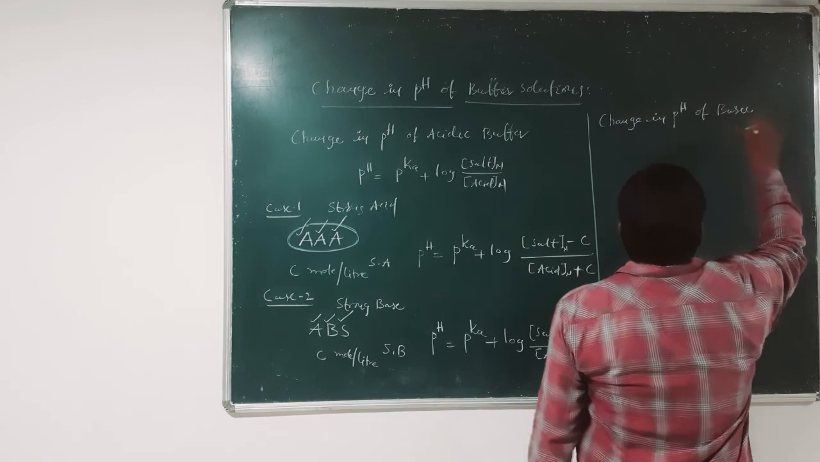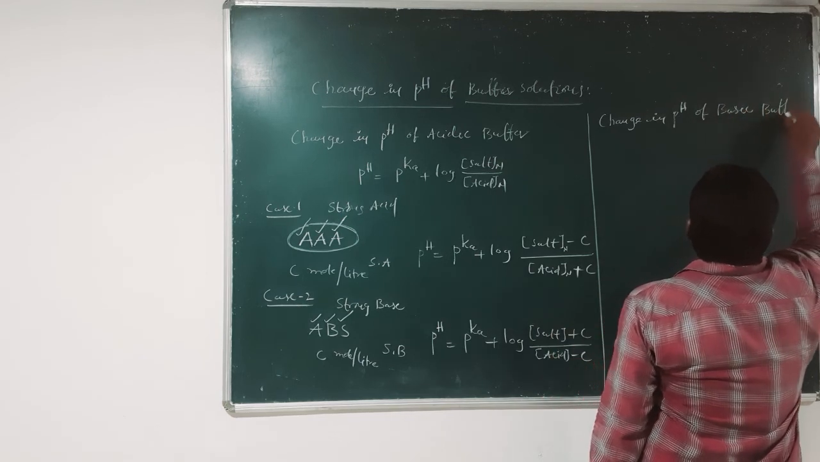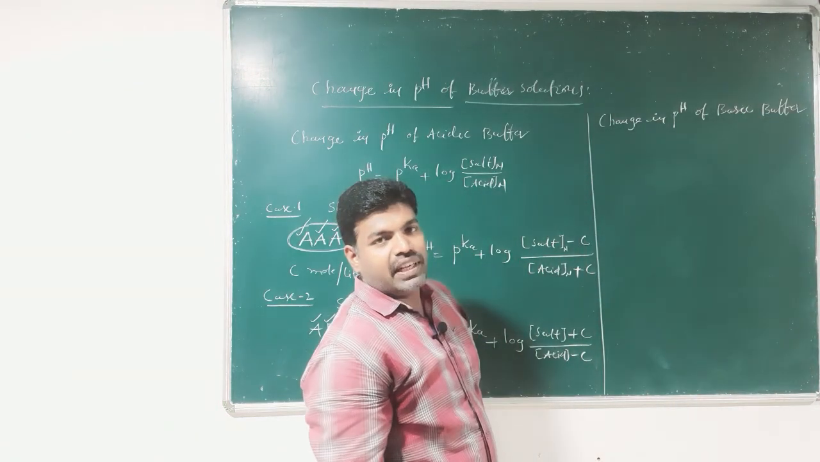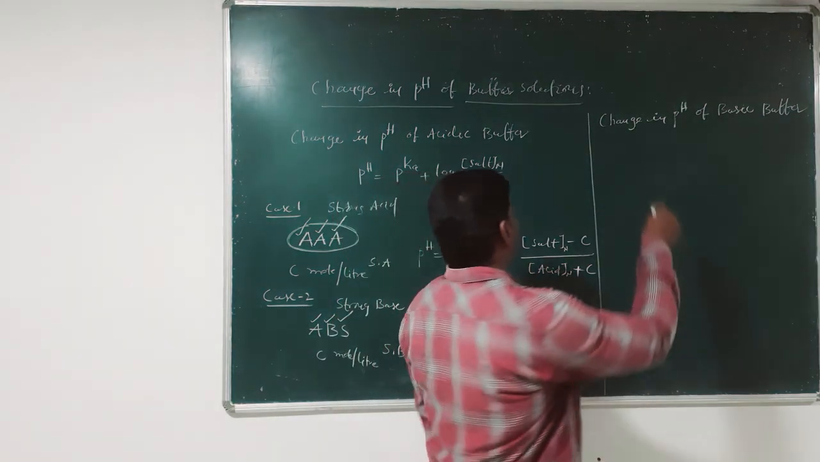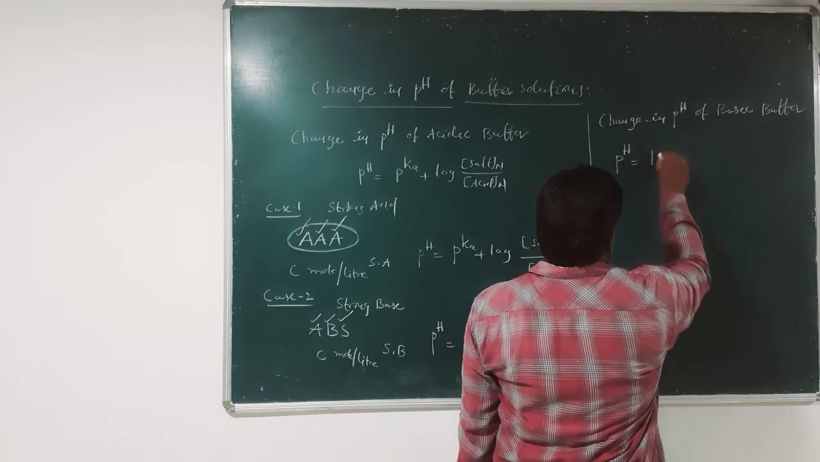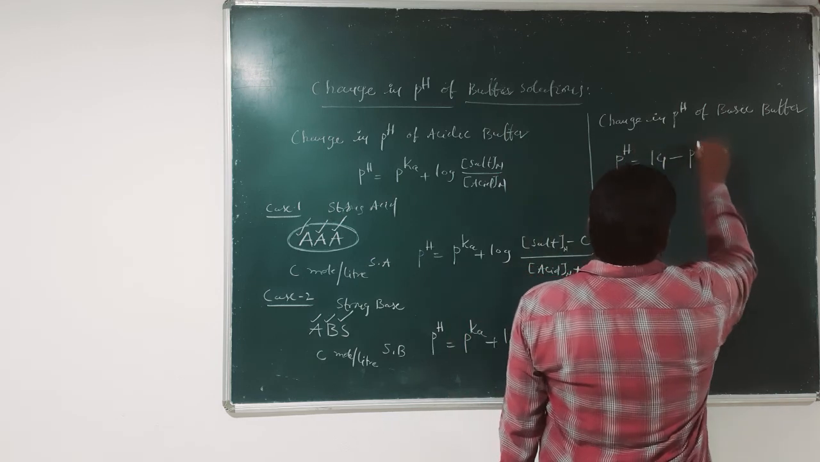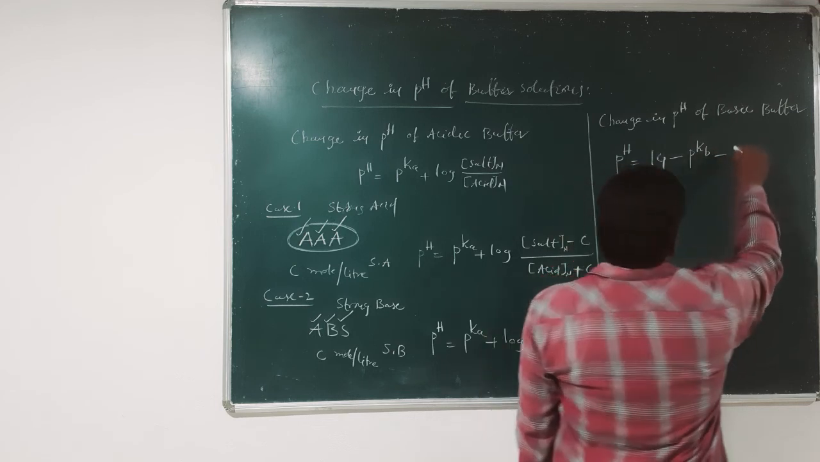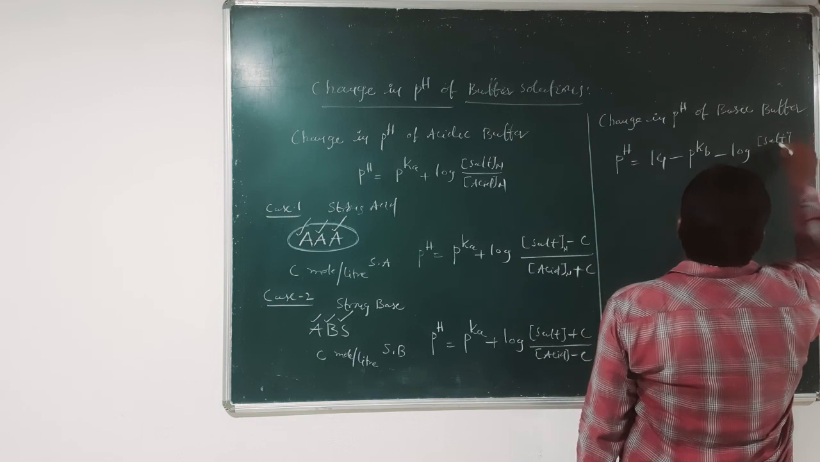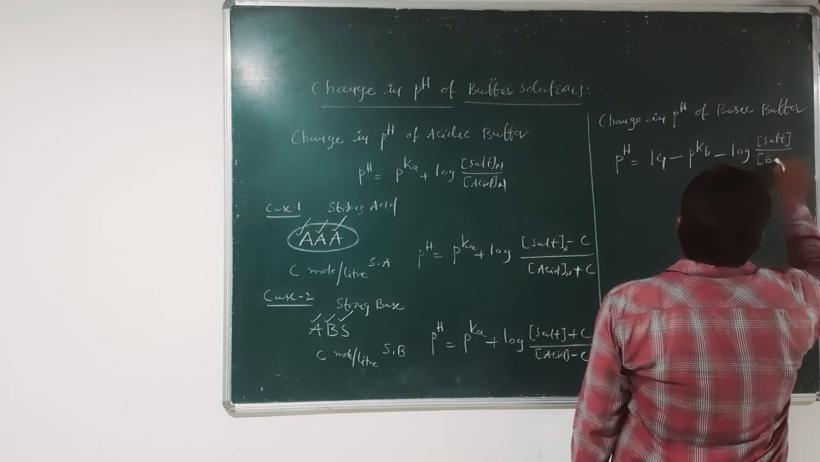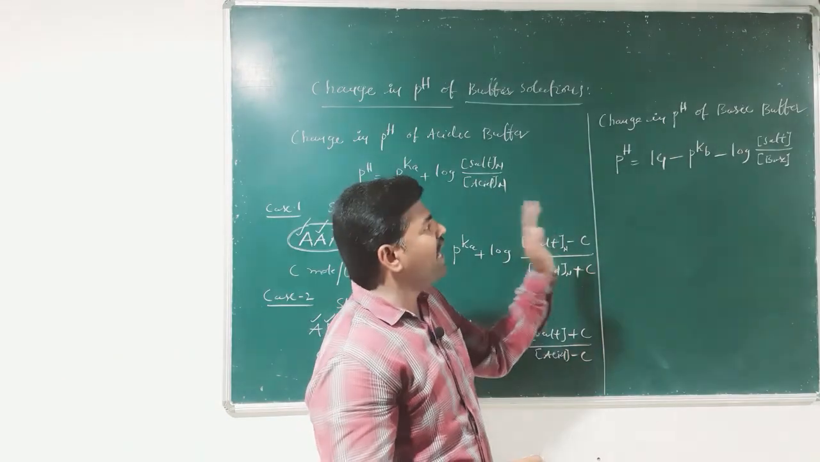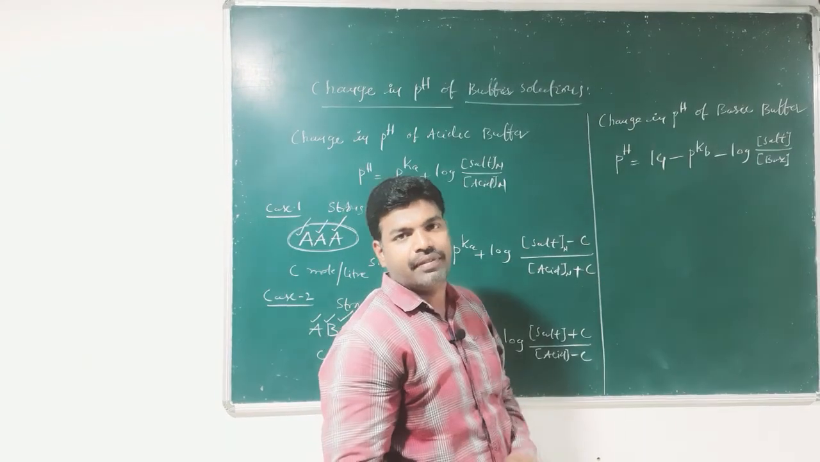basic buffer. Okay, so what is the pH of basic buffer? What is the equation? pH is equal to 14 minus pKb minus log concentration of salt by concentration of base. Let us see what would happen when we add strong base to basic buffer and strong